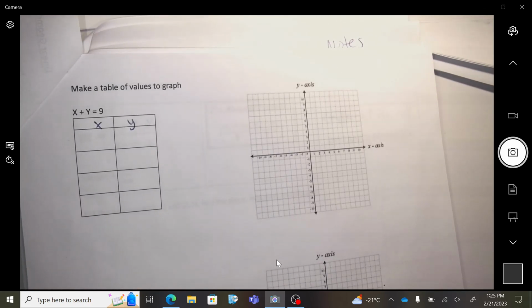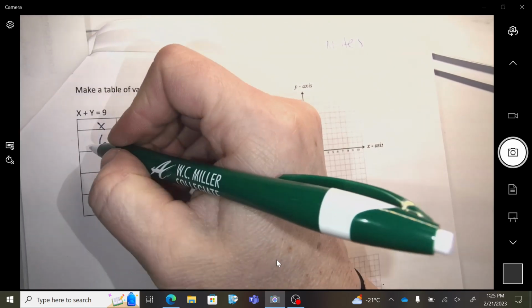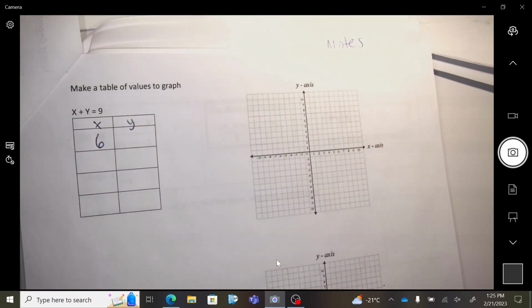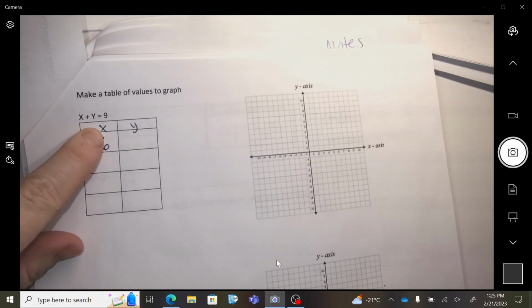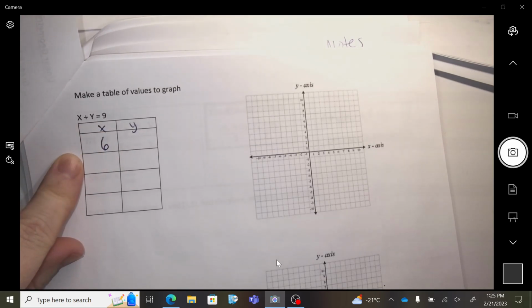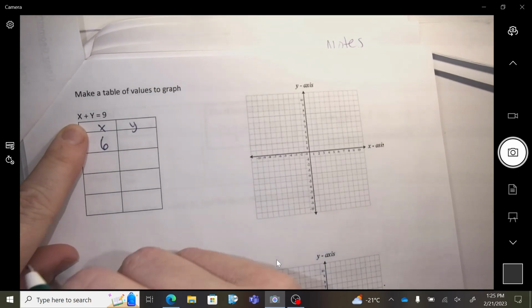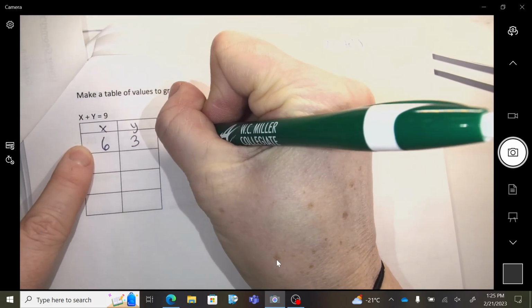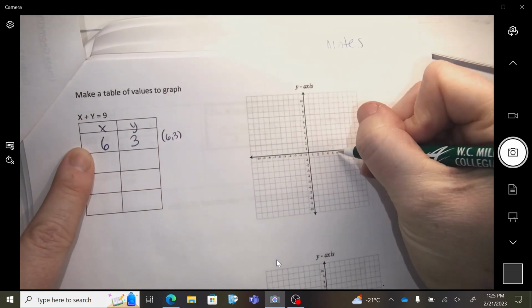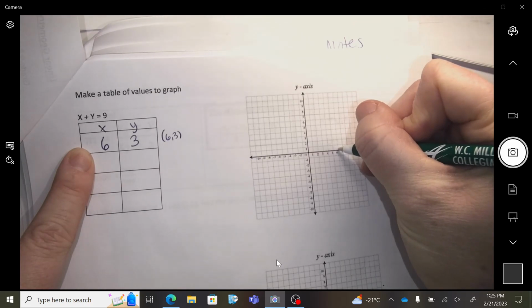So give me any x value you want. 6. Okay, if x is 6, 6 plus y has to make 9. So what would you need y to be? 3. So then I would need to put the coordinate 6, 3